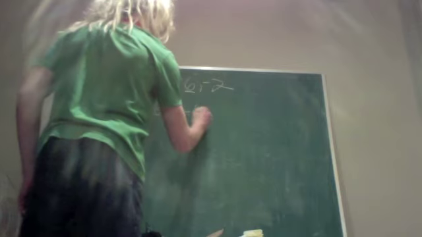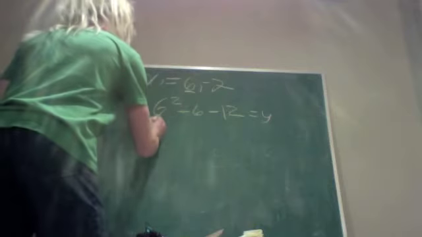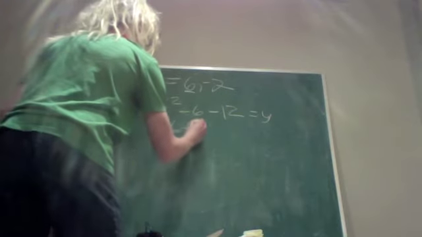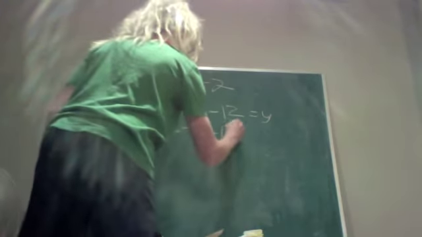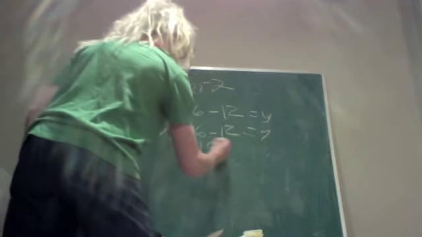So for the first one, x squared minus x minus 12, it comes up to 6 squared minus 6 minus 12 equals y. And we do that, we get 36 minus 6 minus 12, which comes up to the total of 18 equals